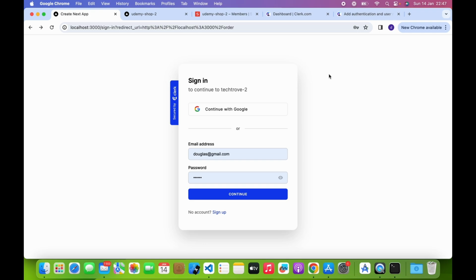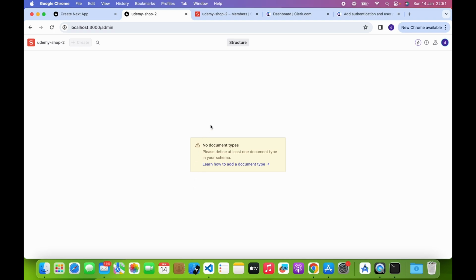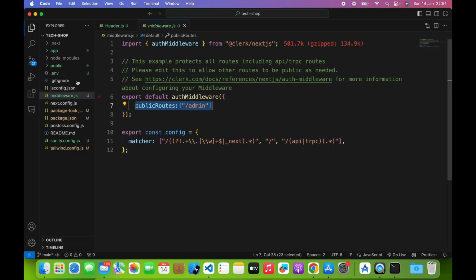And then next up we're going to go back to Sanity, and then we're going to look at how we can add products into our database. Now we're going to create the schemas so that we can add products and retrieve products. So you see here we're on the admin dashboard, but it's saying no document types. So if we come here,